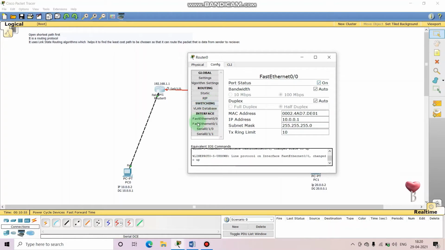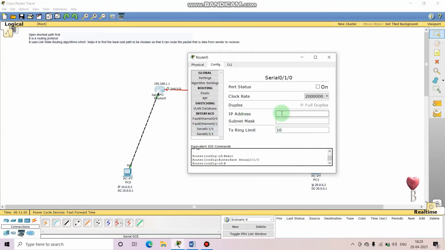On this port, we are using the GUI configuration. In the previous videos, I have explained what the GUI and the CLI configuration methods are. So now here we are using the GUI configuration, 192.168.1.1. See, I'm in this port, and I'm configuring this address. Okay, so on the port.